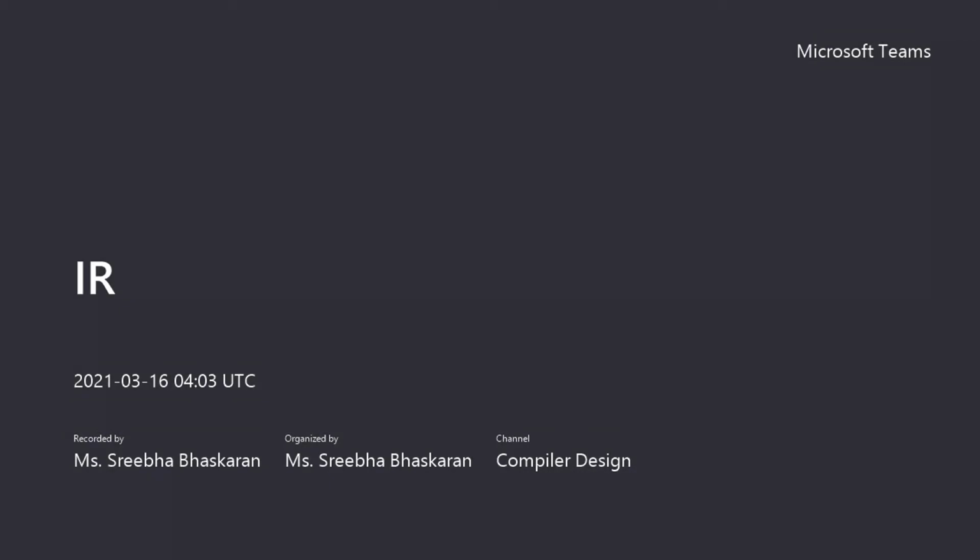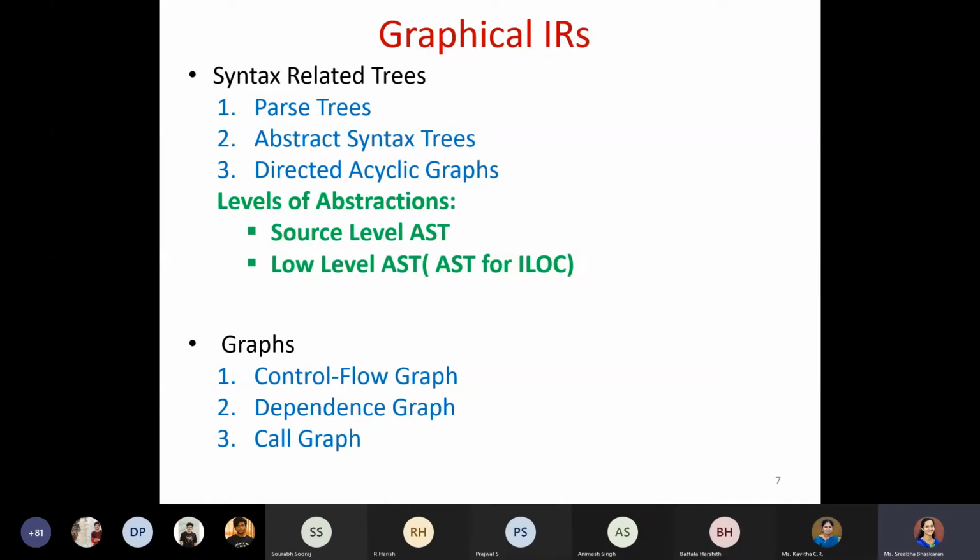After that, we have started with this intermediate representation. The importance of this intermediate representation is that before you go from the front end, whatever is your output, to the next stage, that is the back end part, there is some sort of optimization that could be done. So when you are trying to optimize it, what is the better way of representing? How good the data could be presented, so that it is easily understood.